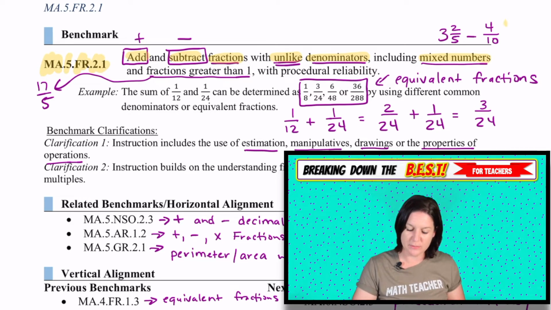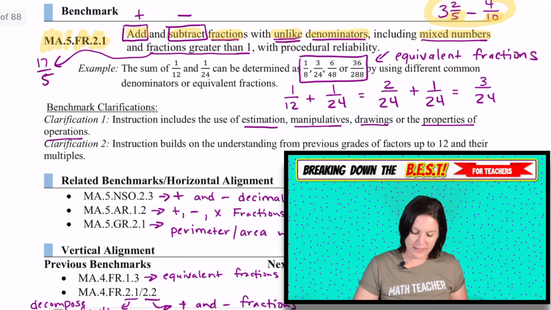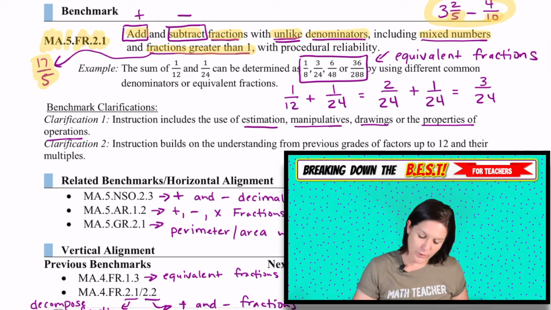So these are what mixed numbers look like, and notice that we have different denominators. One is 5 right there and one is 10 right there. So including mixed numbers and fractions greater than 1, which would be written like this, where our numerator is greater than the denominator,